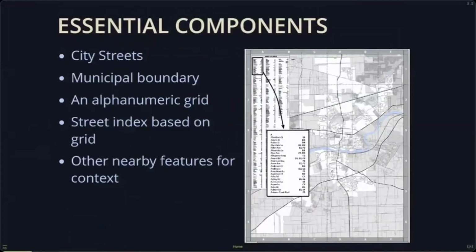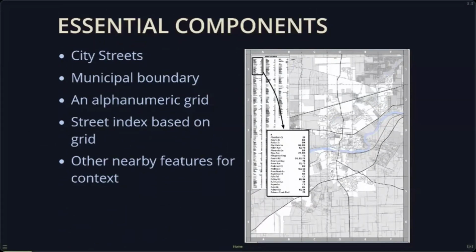As far as what it's for, this map is pretty basic. It's going to be printed out, so it doesn't have to be interactive. Nothing has to be performant. It's just printed out and tacked up on a wall. The police are going to be looking at this for a quick reference of where the streets are in the city. So the components are, we need the streets, we need the municipal boundary,